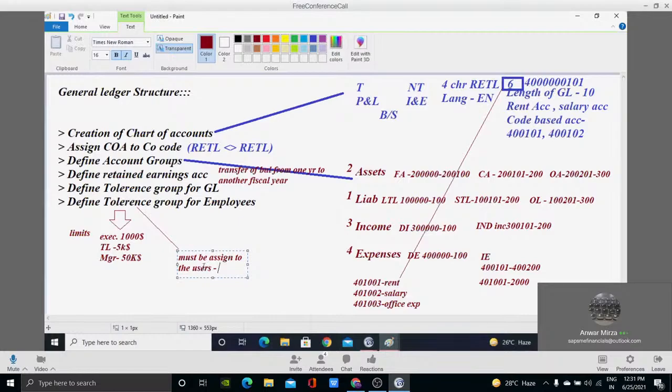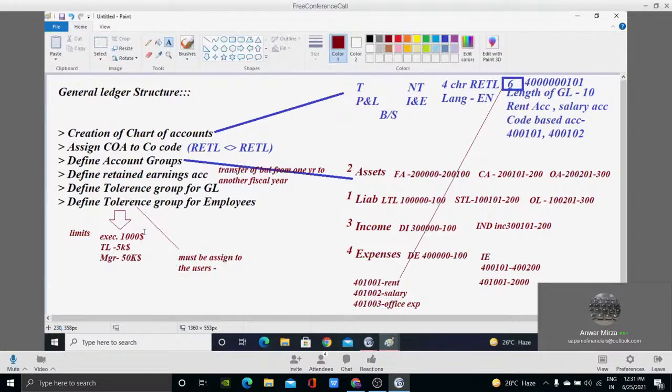But when the same login is done by this executive and he got a transaction to be recorded in SAP, which is $1,500, do you think the user will post it? No, he can't post that. Why? Because the system will stop him because of this tolerance limit. Is it clear now? So based on limits, the user can post the data.